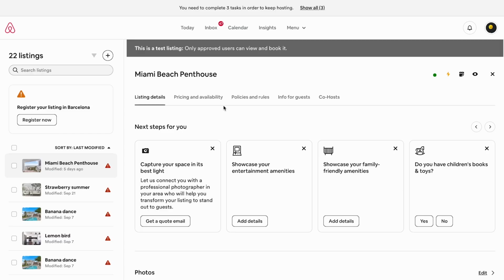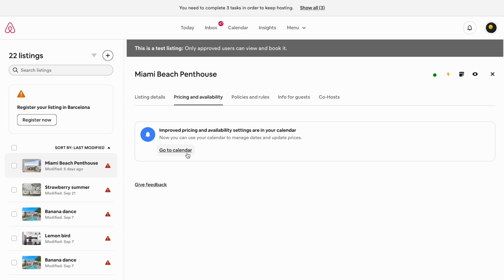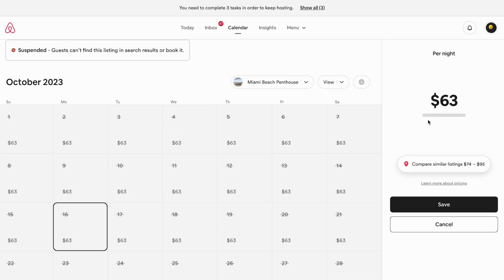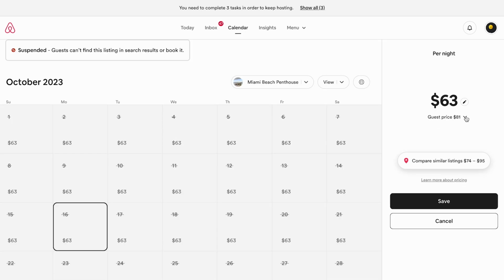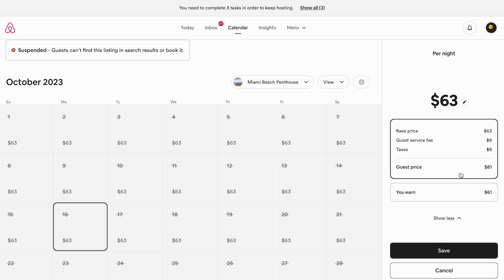Your rates, your daily rates, this is of course an essential element of your listing and your vacation rental business. So first, let's have a look at how you can set them on Airbnb. It's very easy. From your listing, you can go here and click on pricing and availability. And as you can see, it will send you to your calendar. So let's do that. And here you'll be able to set up a base price that will apply to all